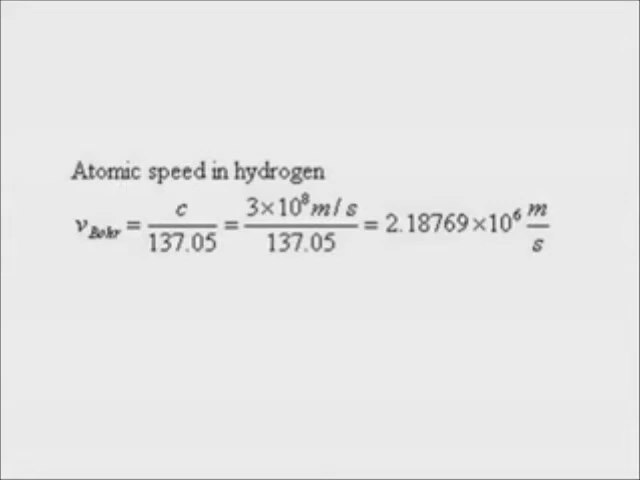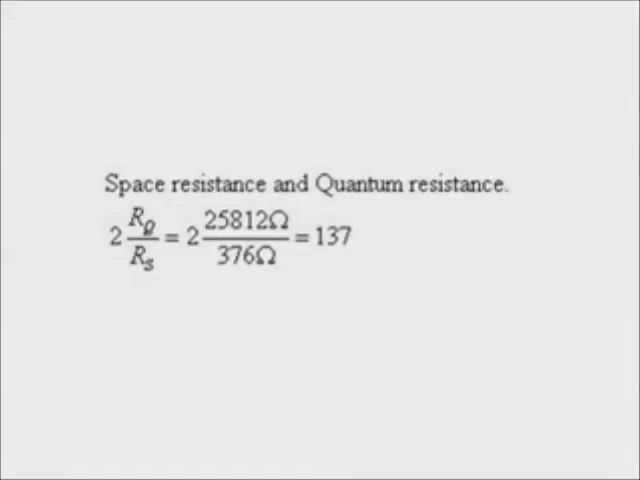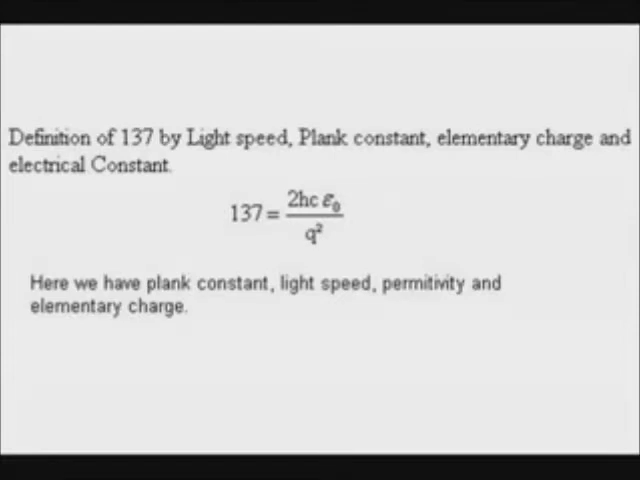If you divide the light speed by 137, you get the speed of electrons in atom. 137 is the generation constant used to freeze light in an orbit. This constant can be derived by the quantum Hall resistance divided by spacetime resistance. The constant 137, that is also called fine structure constant, is defined by Planck constant, light speed, electrical permittivity and